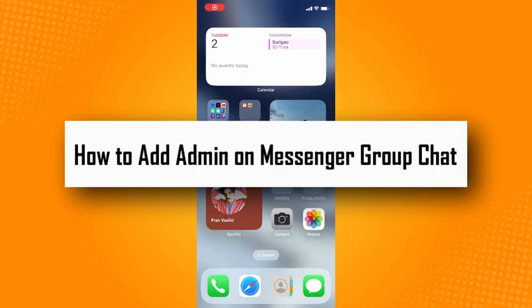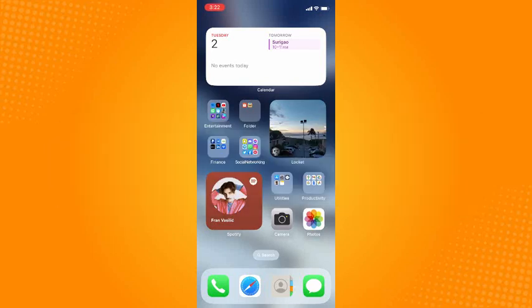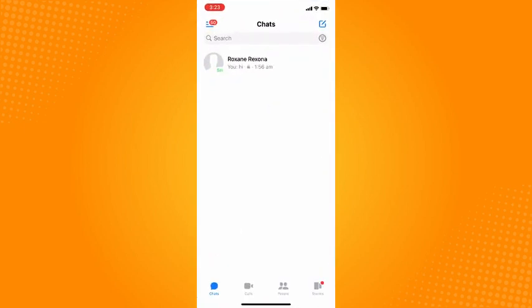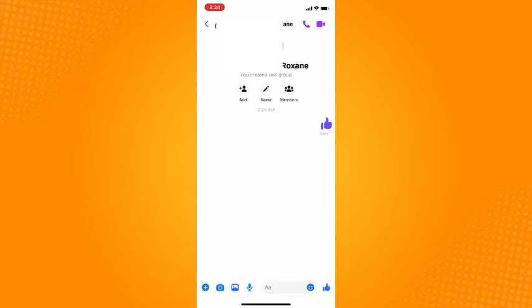How to add admin on Messenger group chat. Now, all you have to do is go to your Messenger application here. Now, you have to make sure, of course, that you have your own group chats. Now, what you want to do next is to tap on the group's name here and scroll down and go